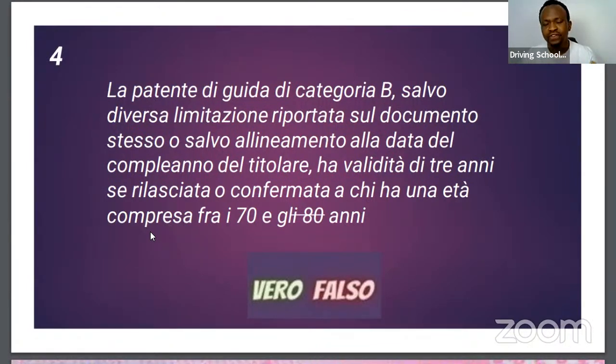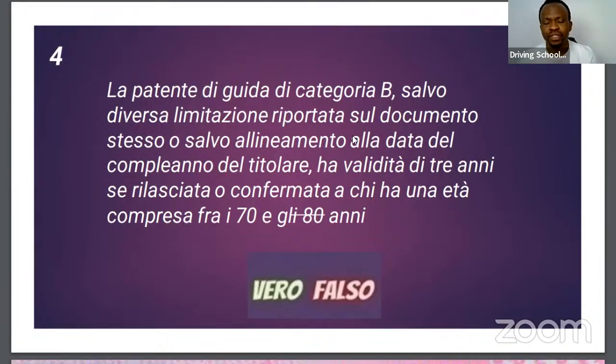You understand? From the age of 18 to 50 years, it has the validity of 10 years. From the age of 50 to 70 years, it has the validity of 5 years. From the age of 70 to 80 years, it has the validity of 3 years. From the age of 80 years and above, it has the validity of 2 years. You understand? Now, what the question is telling us is this, that